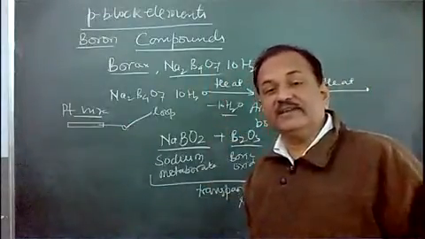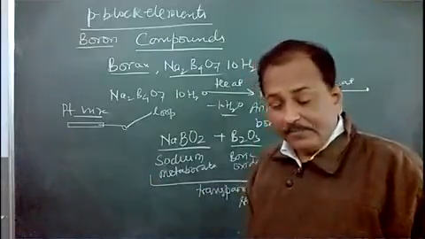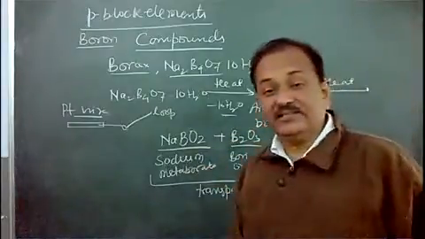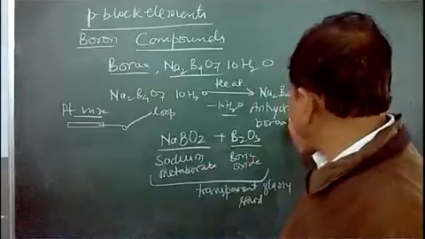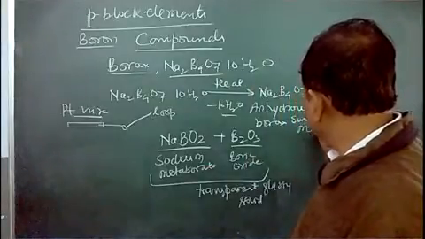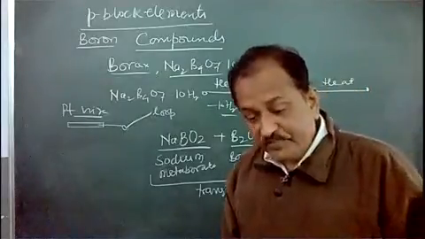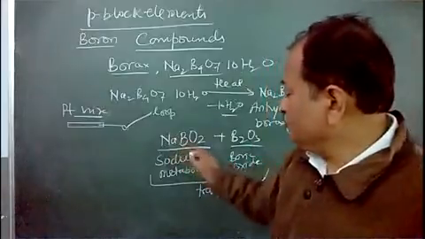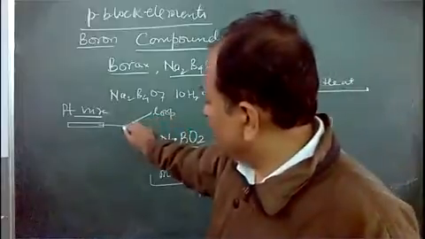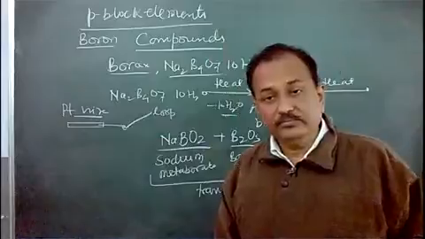As you know, the temperature is very high, so we heat it in the flame. On heating it melts. This is anhydrous. It swells up, initially as a swollen mass. On further heating, it melts to form sodium metaborate and boric oxide, and the loop is covered. So you have a very small spoon.